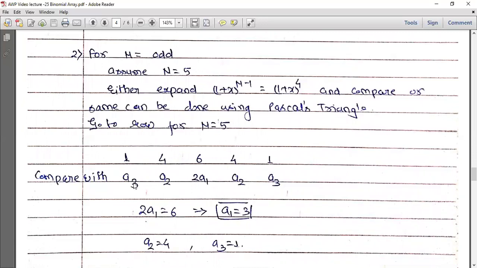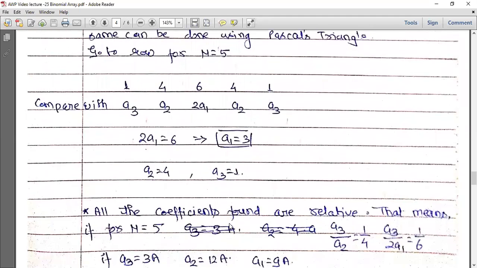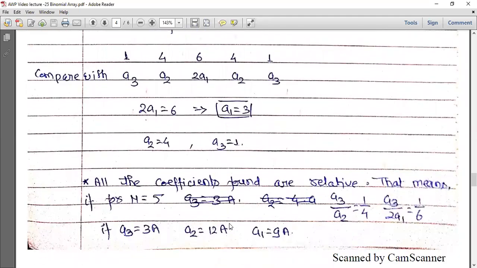When you compare with the excitations assumed, since we have assumed that for an odd number of elements in the antenna array the excitation values are 2A1 at the center, and then A2, A2 and A3, A3 and A4, A4 and A5, A5 on both sides of the origin. So comparing them, we have A3 equal to 1, A2 equal to 4, and 2A1 equal to 6. So 2A1 equal to 6 means A1 is equal to 3. Okay. In this manner, we can find the coefficients for the binomial antenna array.